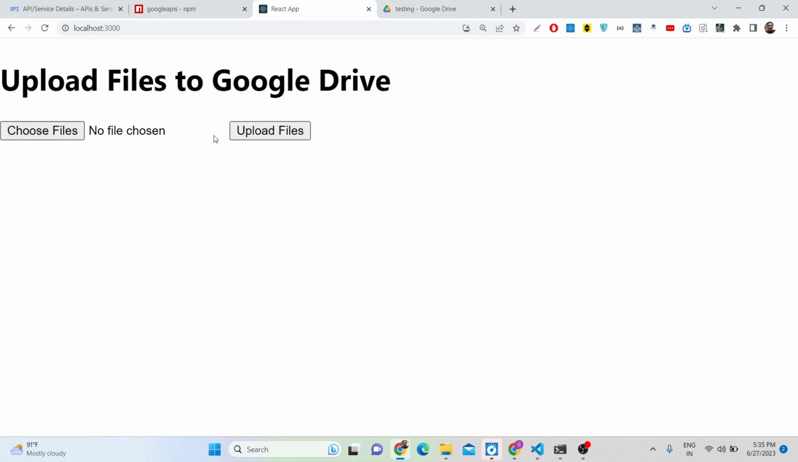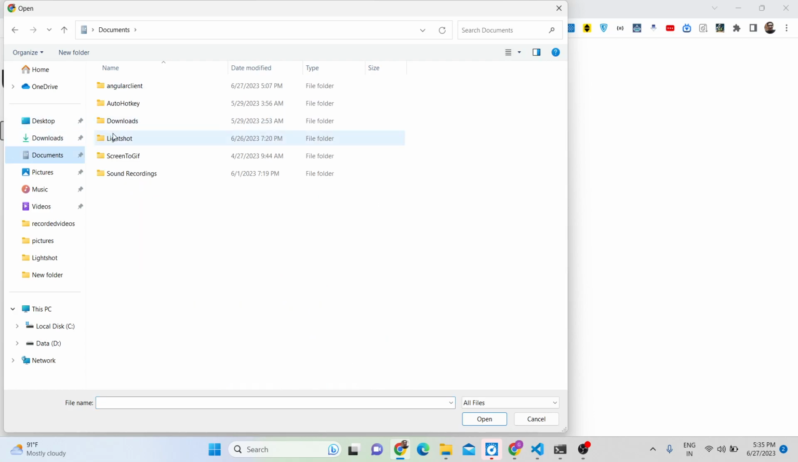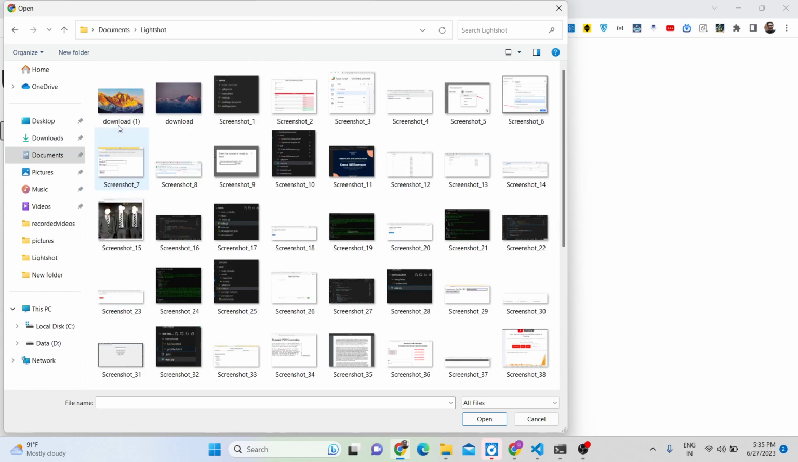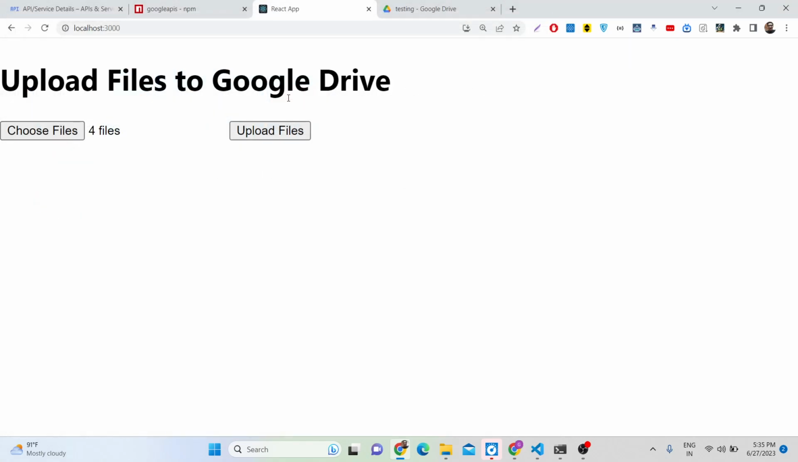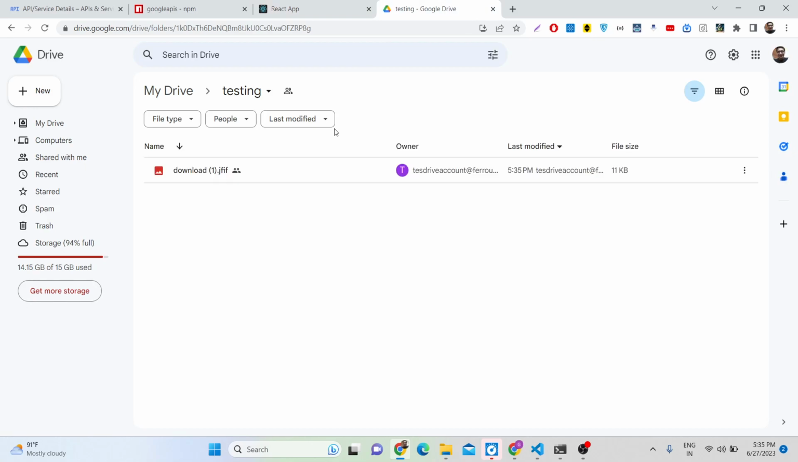choose file button, and here we can select multiple files. You can select images, videos, or any sort of files. Let me go to here. Select here 1 2 3 4 images, 4 png images. Click on upload files. So as I click upload files, you will see, guys, one by one the files will be uploaded. The second file will be uploaded, the third file will be uploaded, and you can see the owner